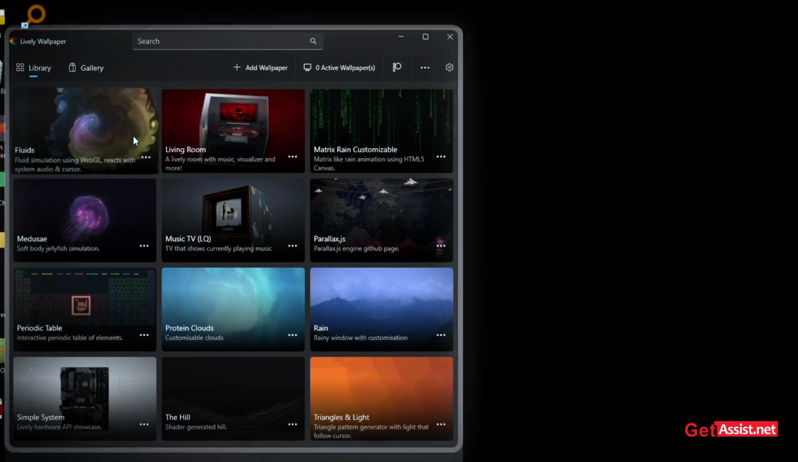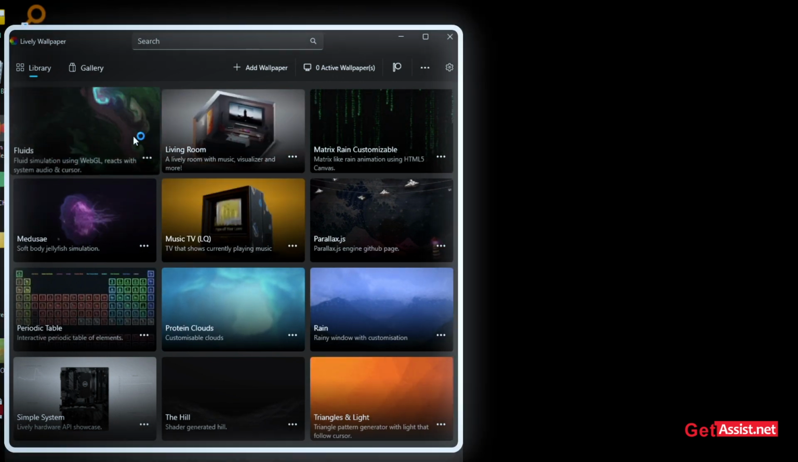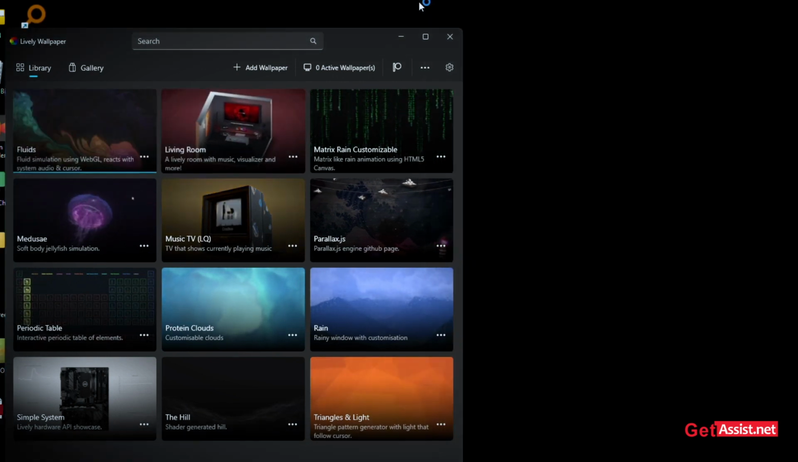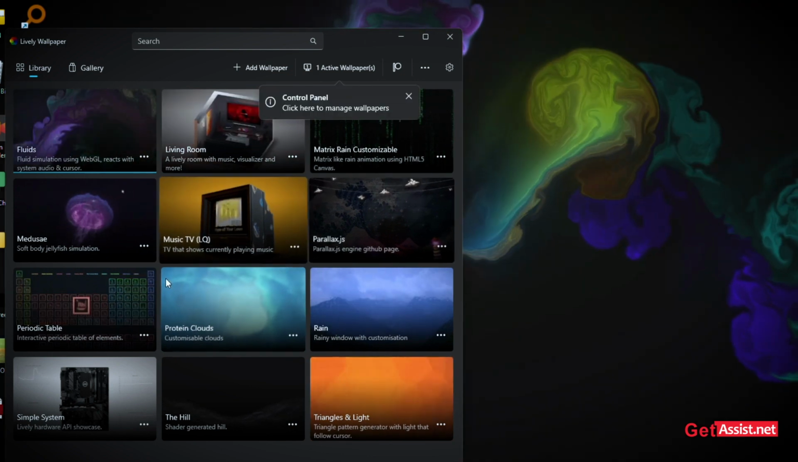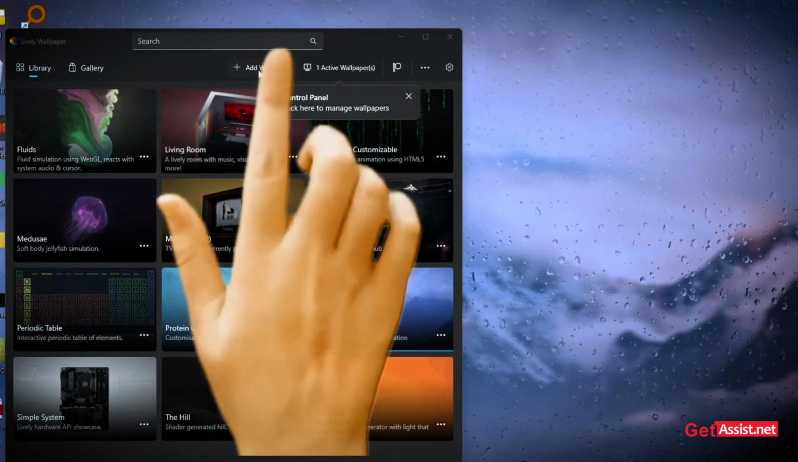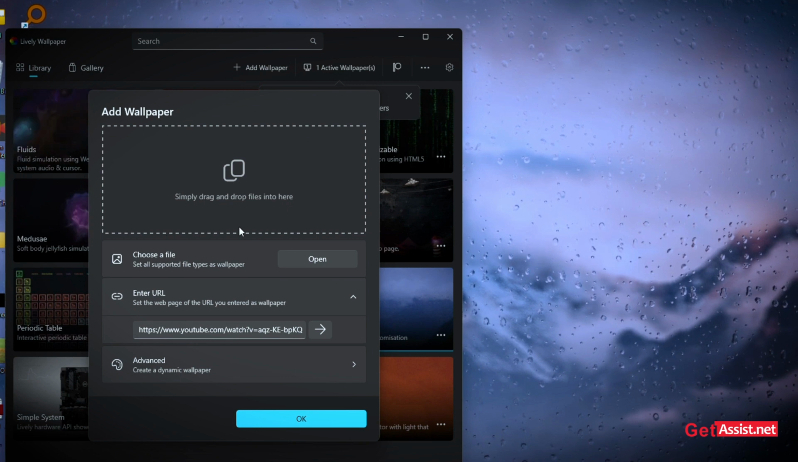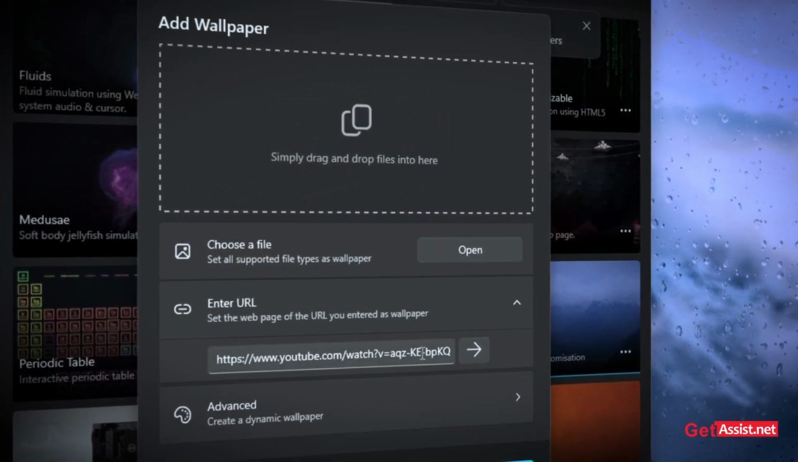Open the application and you will get multiple live wallpapers. You can easily select them and set them as your Windows wallpaper. And here, by clicking on the plus icon, you can select any file saved on your desktop and set it